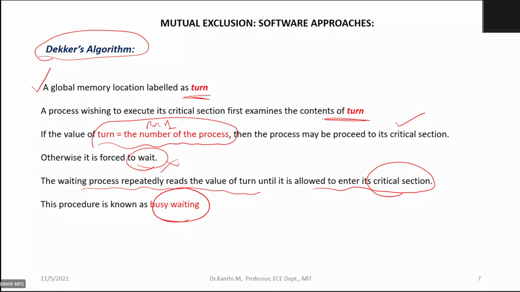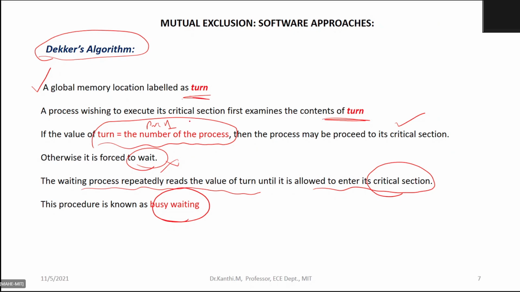The concept is similar. So in this algorithm, there is a variable called turn, and the turn value should be equivalent to your process. If it is true, then only you proceed to make use of the resource and enter into the critical section.